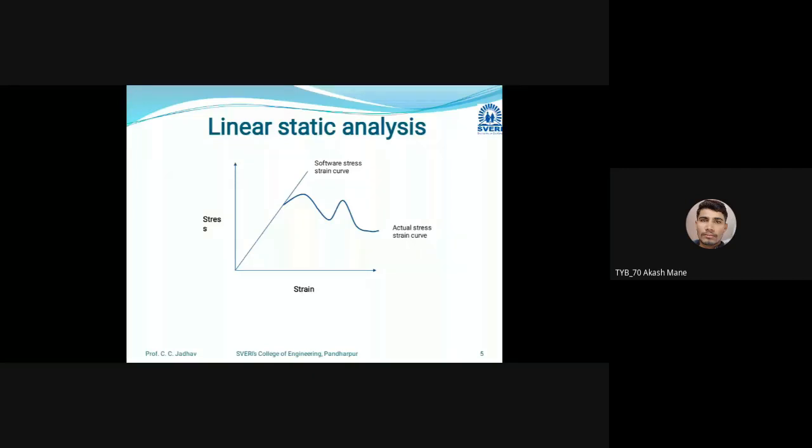So this is the first type of analysis in FEM, and it is widely used in aerospace, automotive, and civil engineering applications.